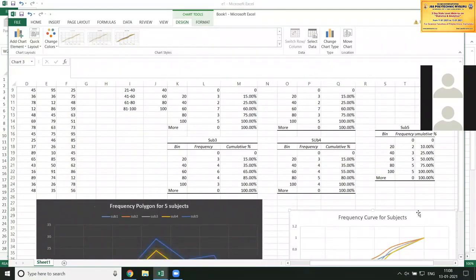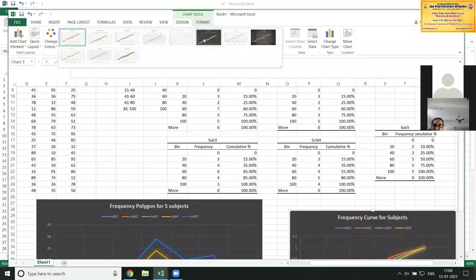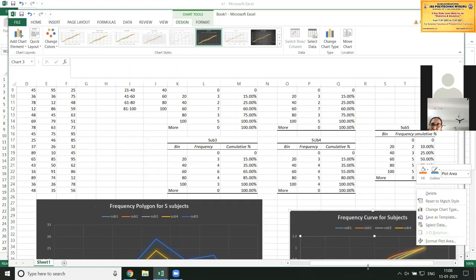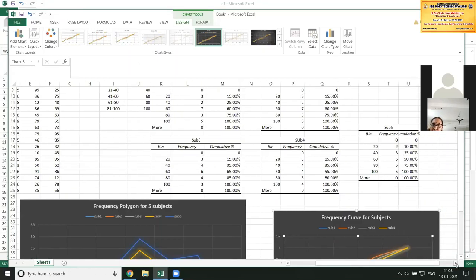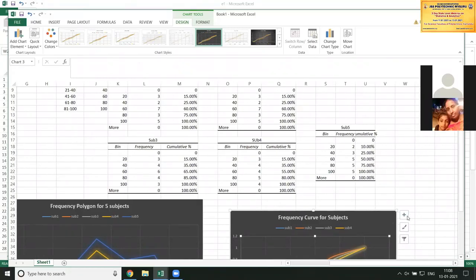Here also you can select this. You will be having different representation of it. Whichever is convenient for you, you can select that. Okay. If you want to have labels to be displayed, so when you're going to click here in the plus mark, you will have this. You can say if you want access title, that is title for the x-axis and y-axis, you can enable it and type it. Data labels you want, you click on data labels.